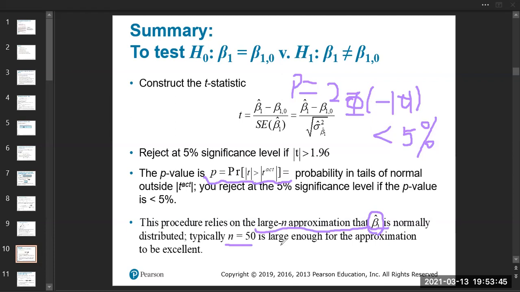The answer is yes, because we already have 50 states. Or you can really argue, is 50 necessarily good enough? Is 49 necessarily bad enough? But most of the